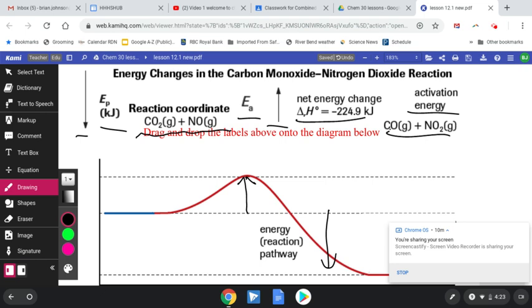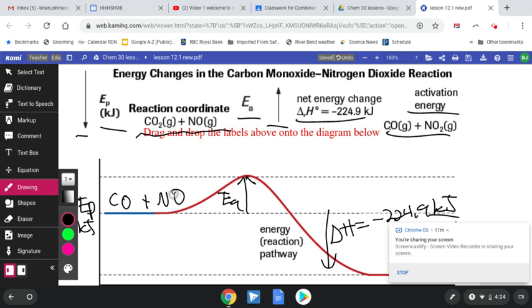Okay, so I've got my energy of activation. I've got my potential energy in kilojoules. And over here is my change in enthalpy. According to this, it's negative 224.9 kilojoules. Is that enthalpy or molar enthalpy? Look at the units. Okay, my reactants are carbon monoxide plus nitrogen dioxide, and my products are CO2